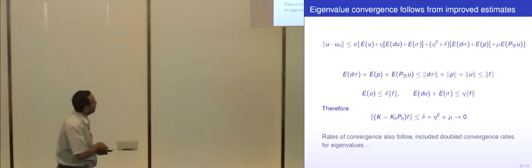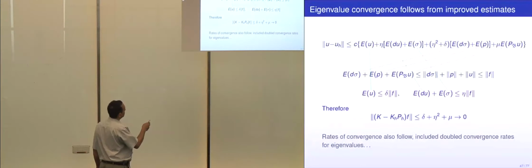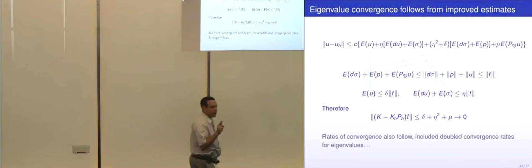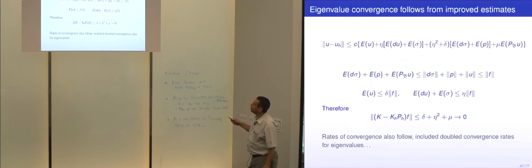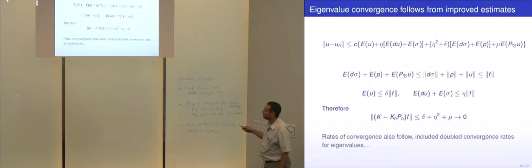Okay, so now you write down the error estimate we have for u minus u_h. That's KF minus K_h P_h F. And this was the error estimate we had from the improved error estimators. It had all those terms. And now the brackets match up, and we just look at them one-to-one. So what do we do with the first term? That's the best approximation of u. Well, delta measured the best approximation of something of order 1, the best approximation of KF. u is KF. So this is just delta times F. And delta is a quantity going to 0, so this term goes to 0.